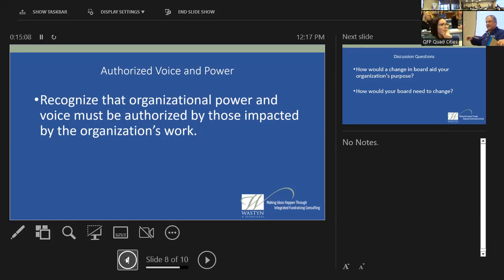This actually flips that entirely. Because the board becomes primarily strategic in their function. They might tell the executive director, you know, they're looking at things that our employees are living in, and we need to work on that. But they're not going to get into the internal dynamics of that. Instead, they're actually more externally focused because they're thinking strategically first all the time.